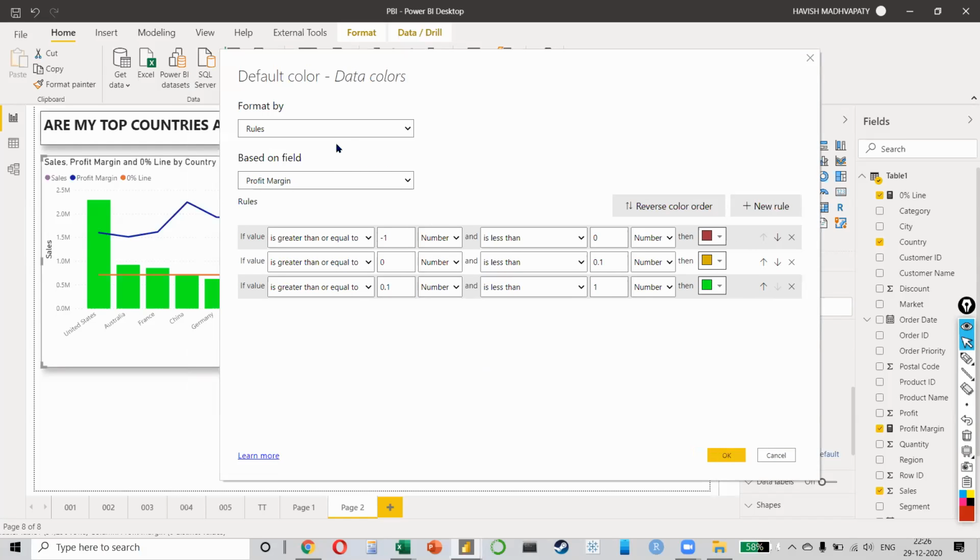Just be careful. Rules, profit margin, these should be numbers and numbers, right? Don't select percentage. -1 to 0, as in -100% to 0, 0% to 10%, 10% to 100%, like this.